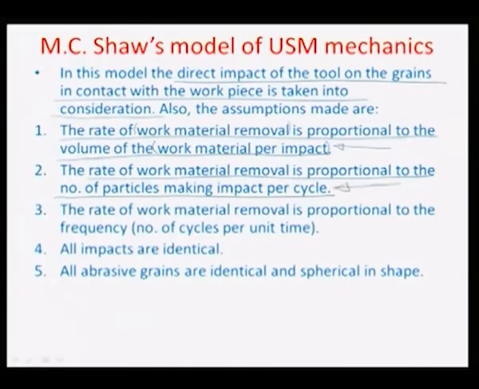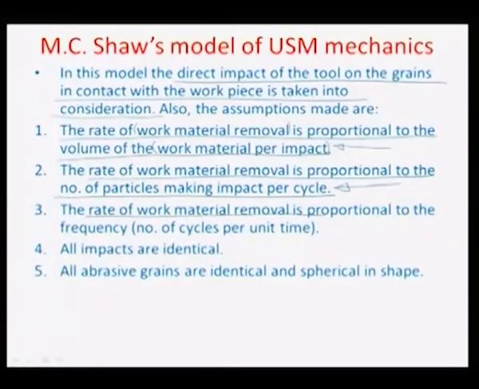If supposing there is one abrasive grain and then subsequently in another case 5 abrasive grains, the material removal is assumed to be 5 times the previous case, for obvious reasons that in one impact or one cycle 5 grains are doing the plowing action as opposed to 1 grain earlier. And also the rate of work material removal is proportional to the frequency of the vibrating tool head, which is the number of cycles per unit time, and all these impacts are identical,